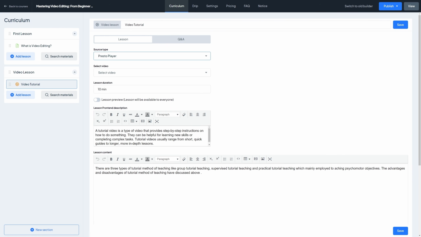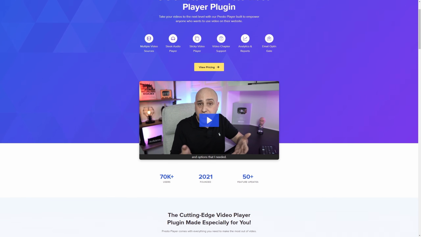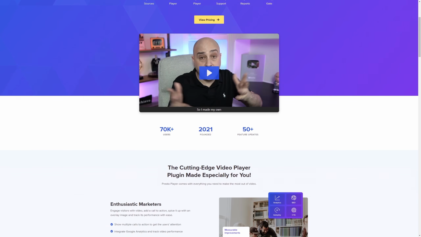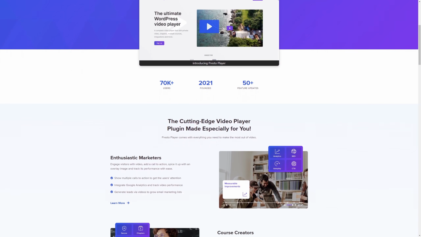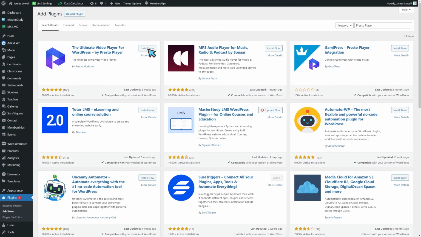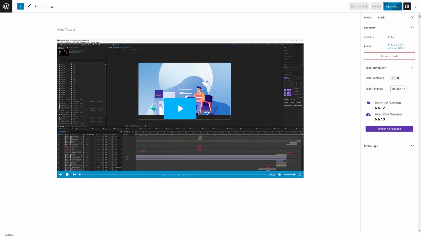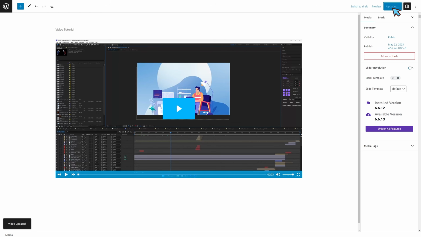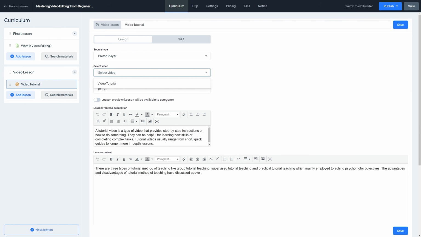This represents a special integration between Master Study and the popular WordPress video plugin, Presto Player. By default, it's not listed among the video lesson types. To enable it, you need to install Presto Player separately. After installing and creating a video with the Presto Player plugin, you can simply insert the video ID directly into